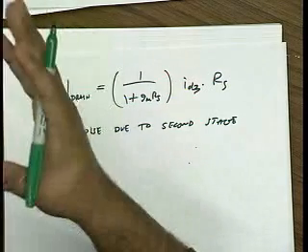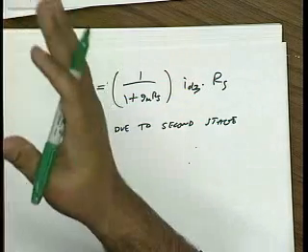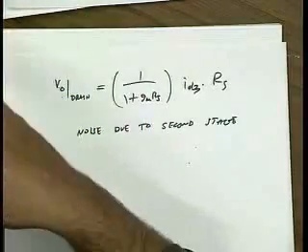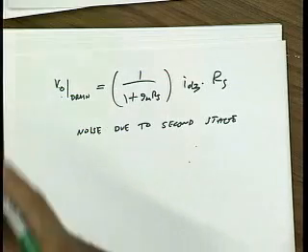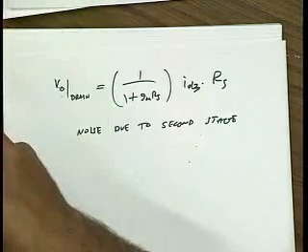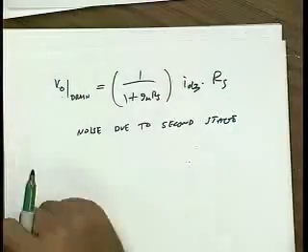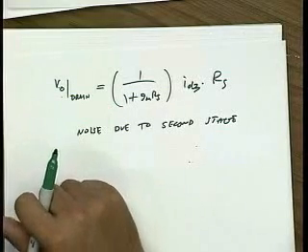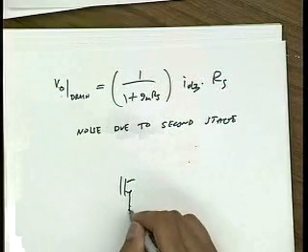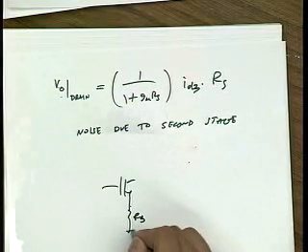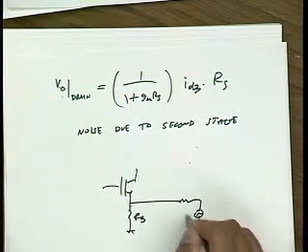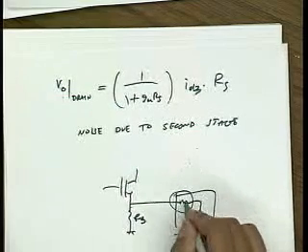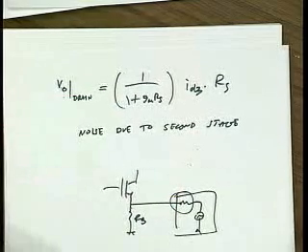It depends on who you talk to, right? But the noise of the load is sometimes part of the noise figure, sometimes it's not. You should just be clear. A lot of times, and I think Cadence does this, if you calculate noise figure, it will not include the noise of the port that's loading it. So if I have basically this large resistor here, which we're going to ignore its noise, and then we have this port,